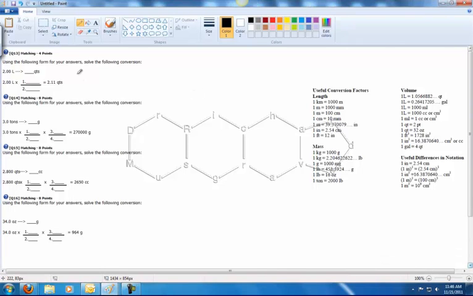More conversion problems here. We've got 2.00 litres going to quarts. So we do our 2.00 litres. We know that litres goes on the bottom to cancel here. We know quarts is going to go on top. We're looking for a relationship between litres and quarts, and there it is. 1 litre is